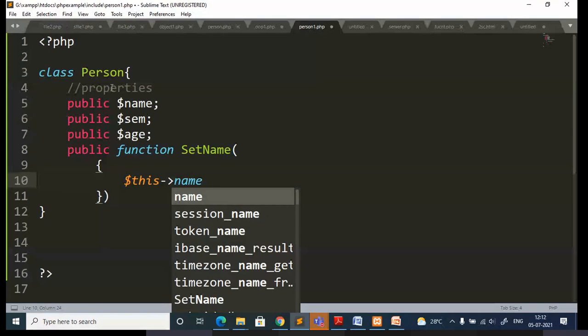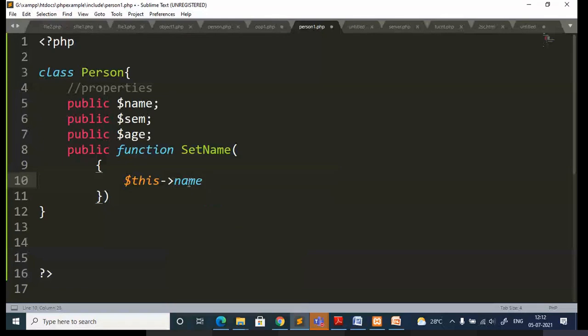Okay. So here, when you are accessing any property, you should not use the dollar symbol. Here I am trying to access the variable name. When I use the term variable, you have to use the dollar. Here I am using the term property.